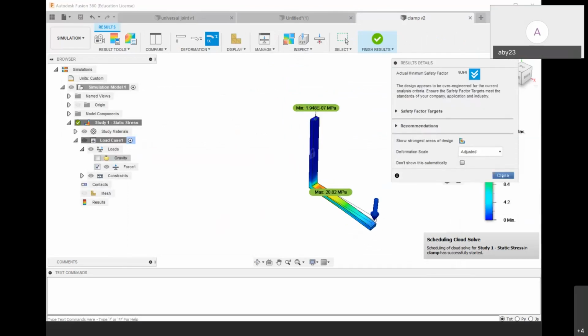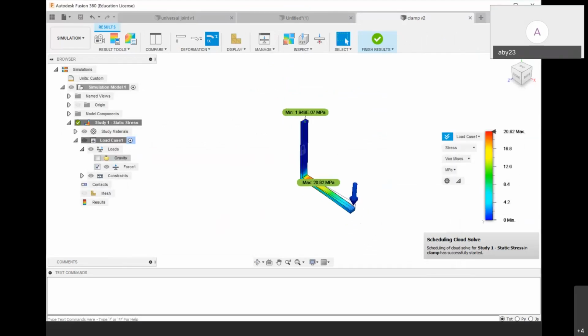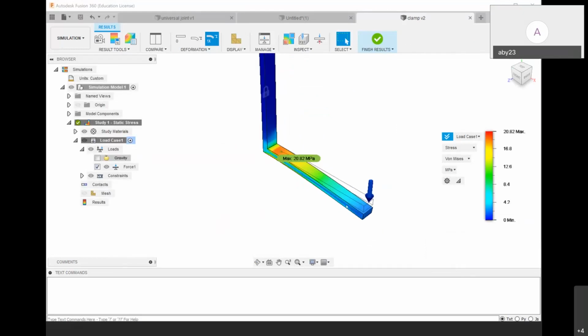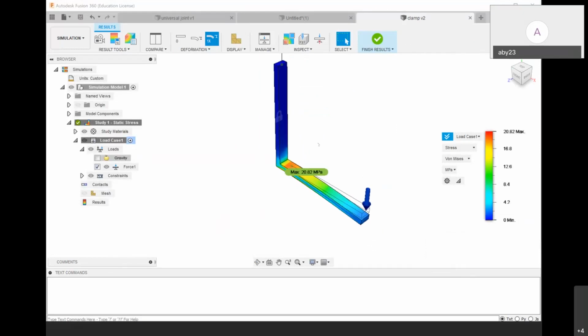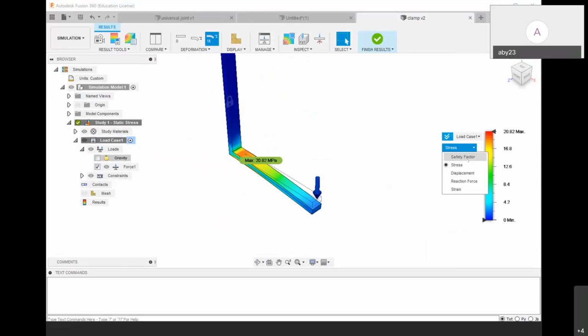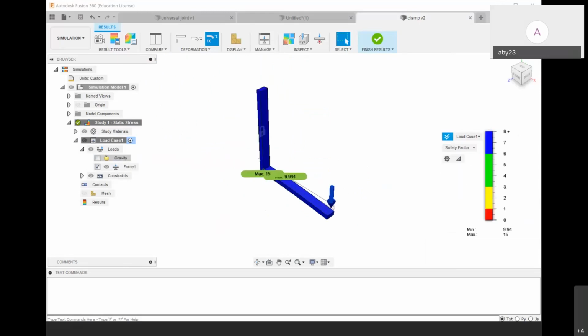Okay, so what this color means is it's not just an appearance or aesthetic. It basically shows the result of your analysis. In any simulation you do, you see the result in color, so you can understand it. So I'll just change this to safety factor. This shows that if it's high, 8 plus, it's very safe, and it's a gradient